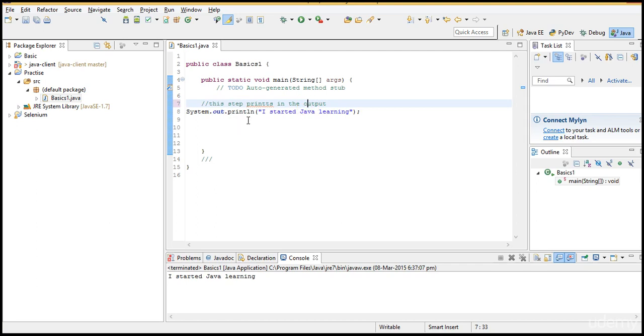So that's the first program about our Java. Now you know where the control of execution starts from. It starts from the main block, and we write our Java code in the class files, and you can print something in the output with the System.out.println method, and you have to give a semicolon at the end of each step. Or if you want to write comments, you can put slash slash and write your comment. Okay, so that's it. That's the simple basics of our first class, basics1. Fine.